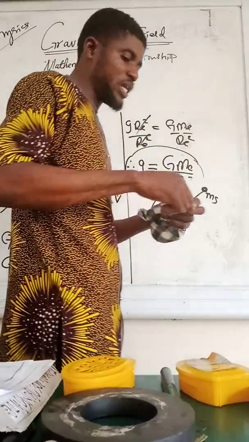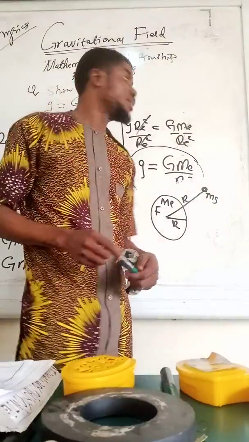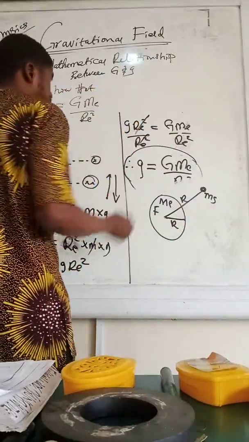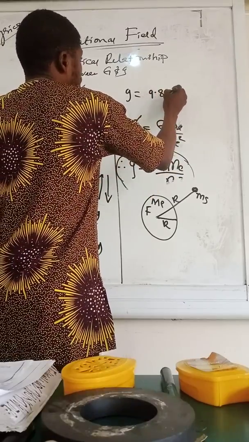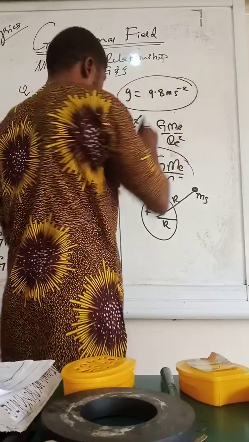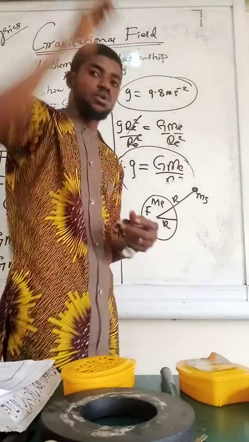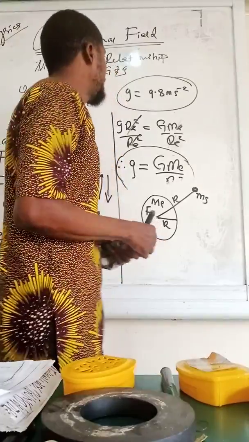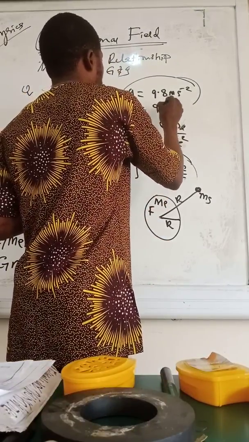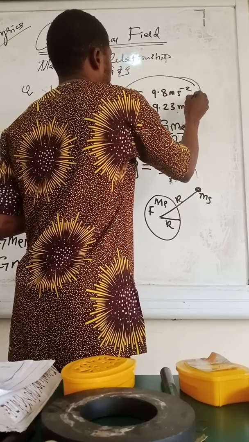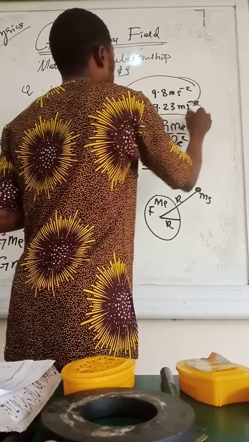There was a day my students and I ran an experiment in this school. I was standing where I'm standing right now, and we ran an experiment, and the value of our G here in this place was 9.8 meters per second squared. I told them to go upstairs and run the experiment to the last floor. And they did, and they came back, and their value was G equals 9.23 meters per second squared. In the same school,